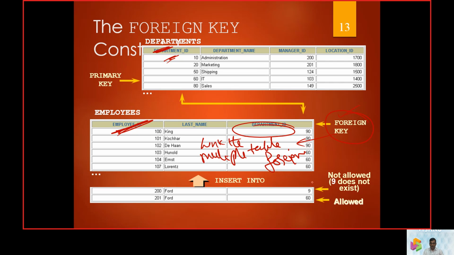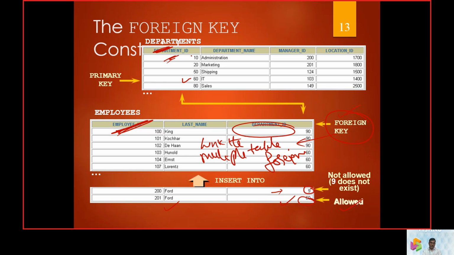Now the foreign key mechanism is a constraint which joins two fields. There was an existing field 9 in the table, but the insert operation is not allowed because of the foreign key constraint. Next, there is a department number 60, and 60 was already in the department table, therefore this entry is allowed.